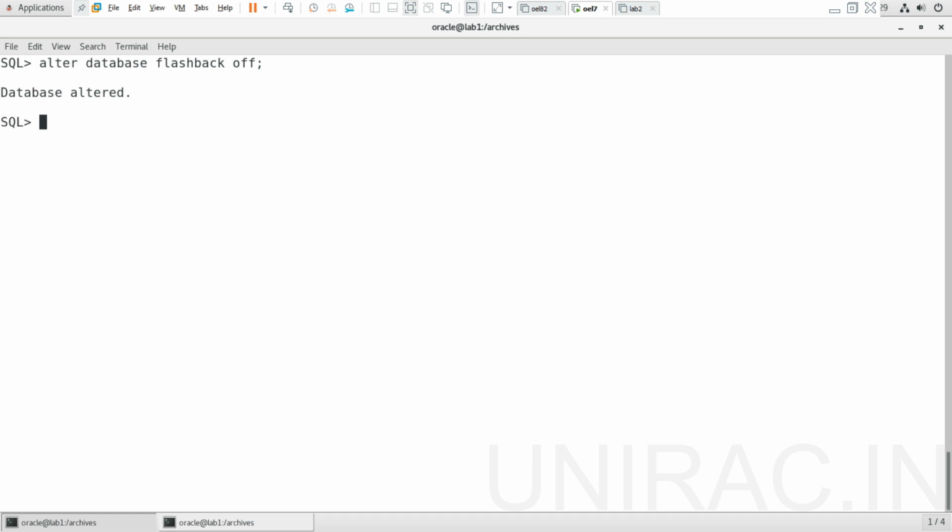This is how we can use restore points: we can create them, enable or disable flashback, find restore points, and use them based on time or SCN number. Later sessions will cover flashback on a particular table, or a pluggable or container database.